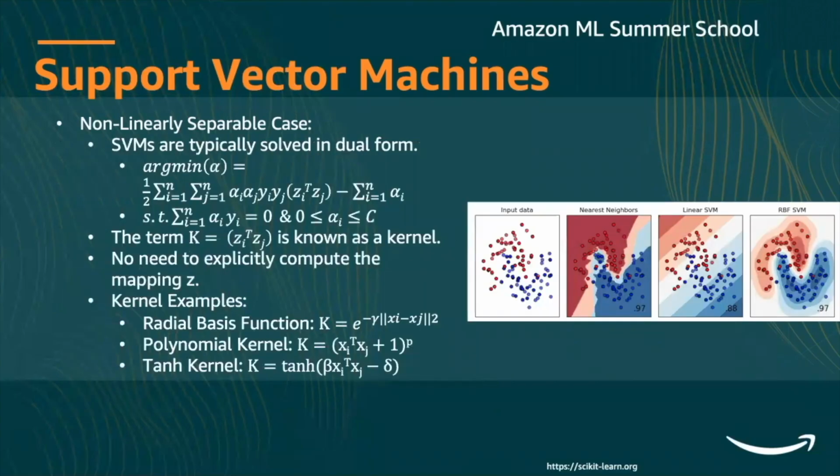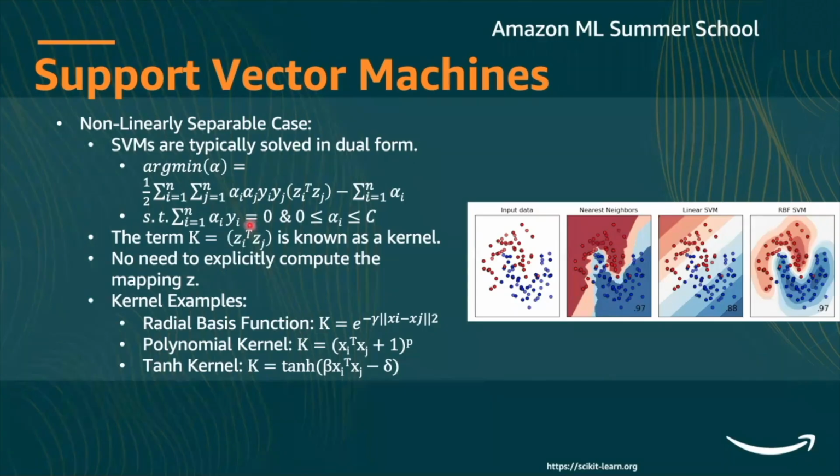Typically, SVMs are solved in the dual form of the optimization. What I showed you initially was the primal. You can convert it into a dual format. The advantage of the dual format is it allows for creating a non-linear mapping Z without explicitly computing this Z,